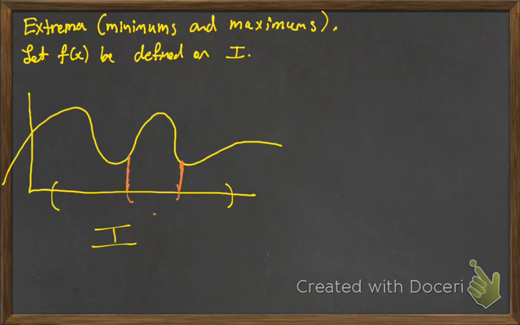Here is going to be our interval j, and then we're going to pick on this value here as a maximum. Okay, so there's your interval j, and we'll say that that location there is (a, f(a)). The x value is a, and the y value is f(a). So we say f(a) is a local maximum